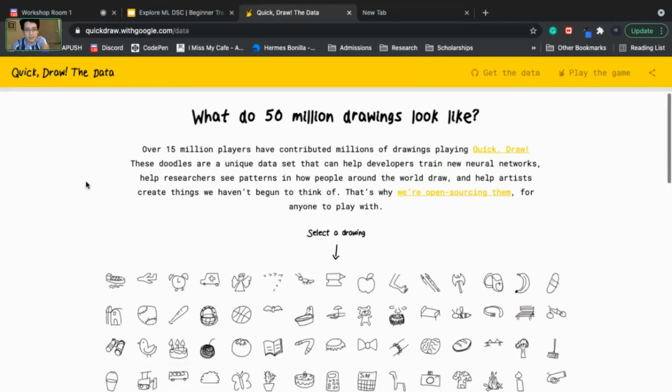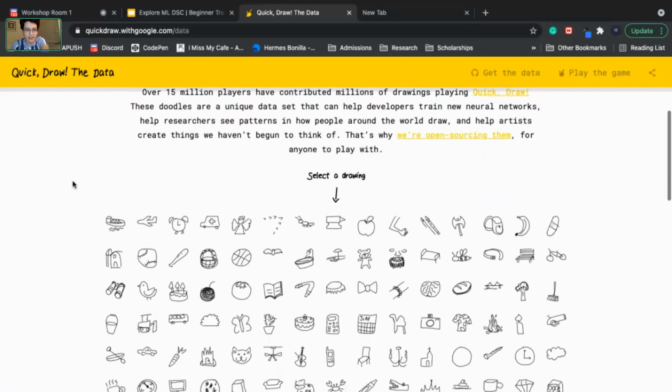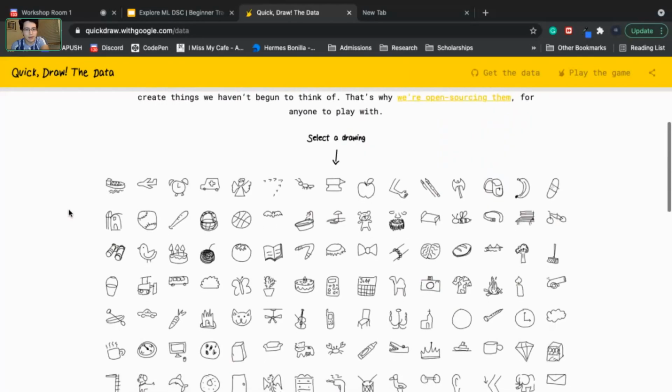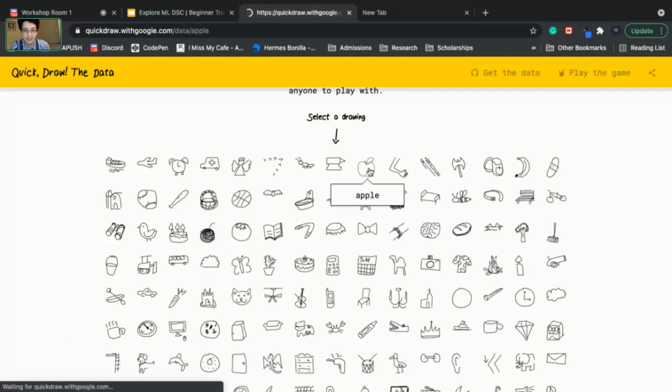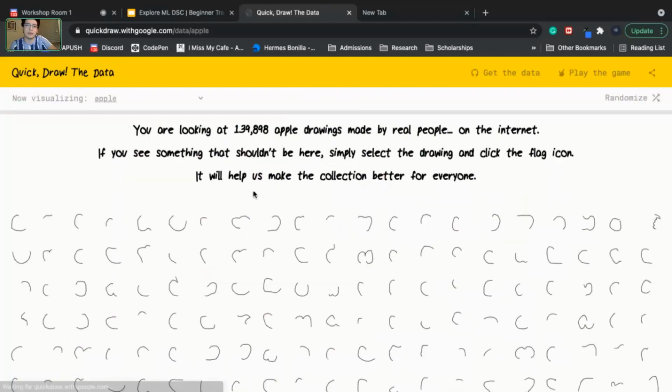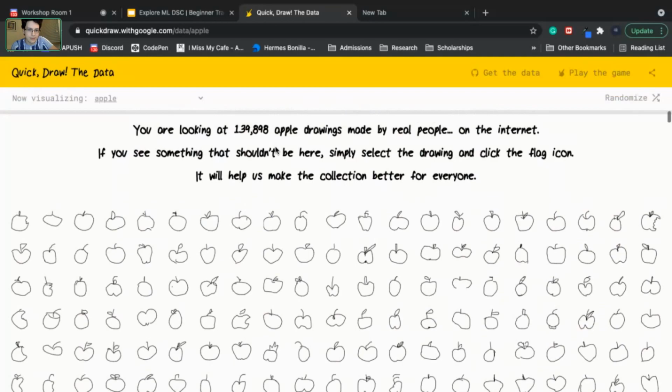So this part is cool, and I hope you can see. Let's pick one of these. So I see the apple actually. So let's get into the apple, and then the cannon, wherever that is. So here we have 1,039,898 apple drawings. So this is part of the data that we're training our model on, and that's one thing